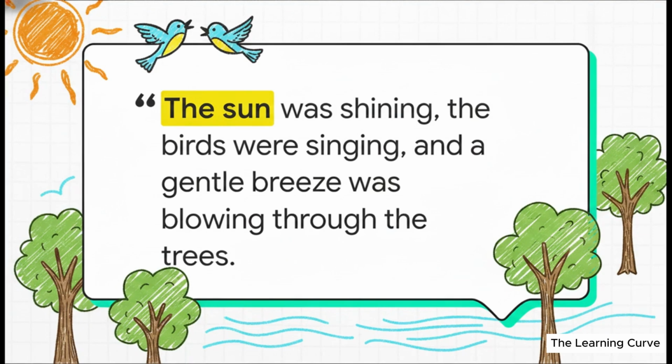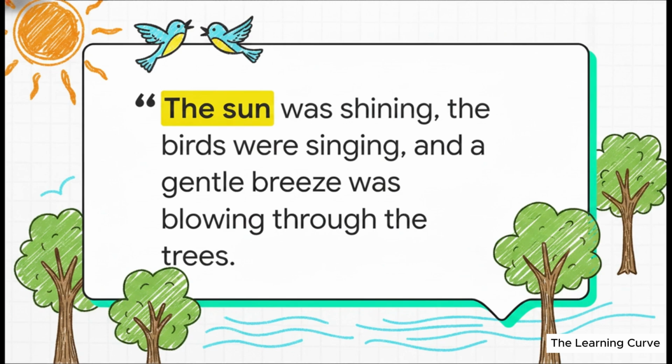Okay, so before any real action kicks off in a good story, you have to establish the atmosphere, right? You have to build the world for your listener or your reader. Just listen to this. The sun was shining, the birds were singing, and a gentle breeze was blowing through the trees. Notice how the past continuous just beautifully stretches time out. It paints this incredibly peaceful, ongoing backdrop. There's absolutely no rush here. It allows your mind to just kind of settle into the environment. We're establishing the background, the baseline of the whole narrative, using those continuous ing verbs to create a sweeping cinematic